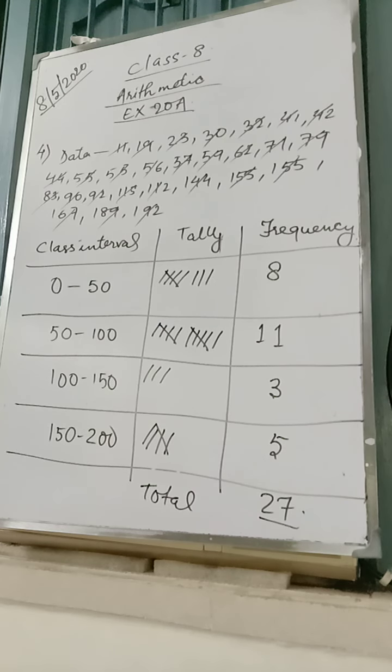Now drawing graphs will be in the graph copy, but these two questions whose answers you have to write, you can write in your maths copy, in this arithmetic copy only. You do not need to draw the graph, you just refer to the graph from your book and write the answers. Look at question number 1 for exercise 20B. You can see the graph which is given that shows MMR, mortality rate of different countries.